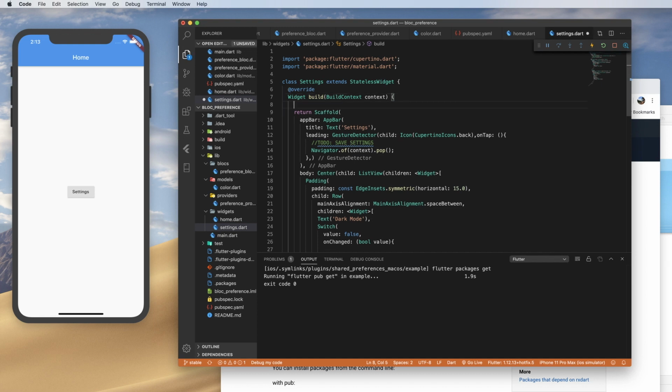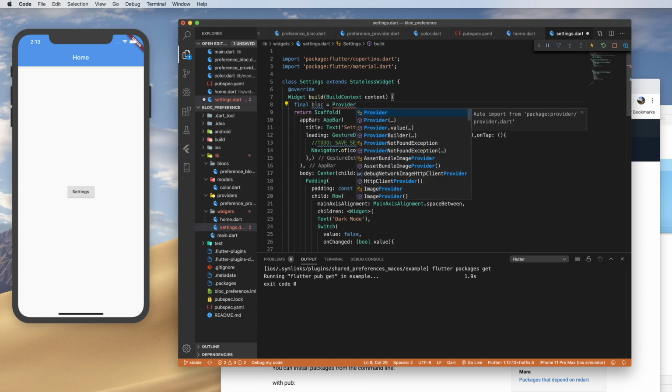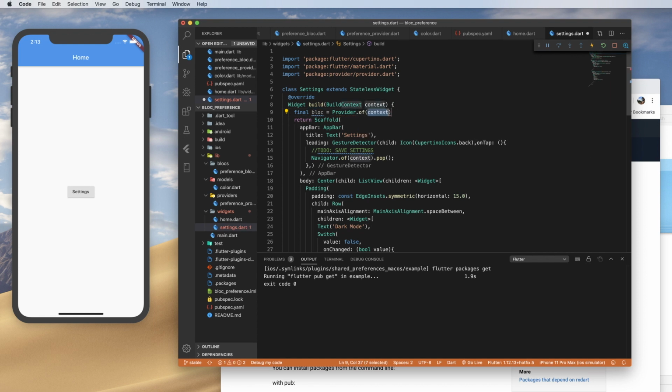So let's do that through our provider. We're going to create a final BLoC variable, and this is Provider.of(context), which I have to import. It is a generic, so if you come after of and you do these brackets here, you can give it the type of provider,